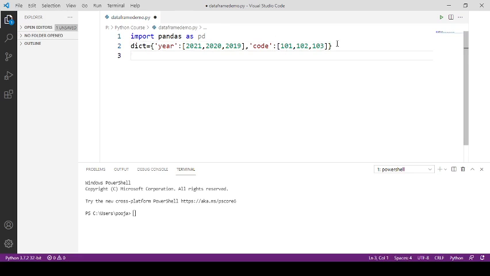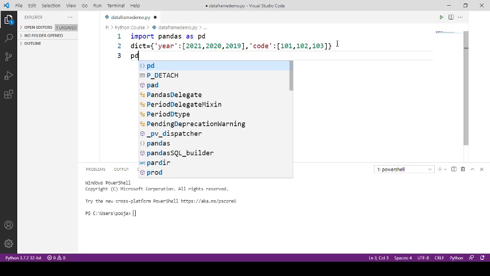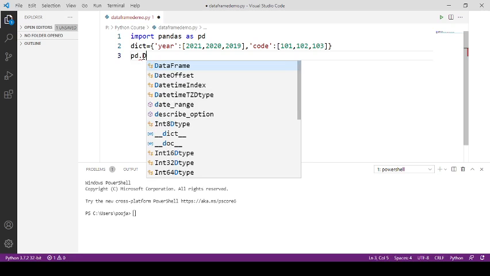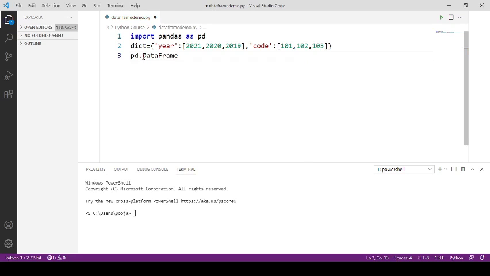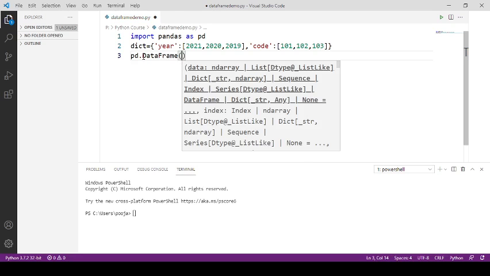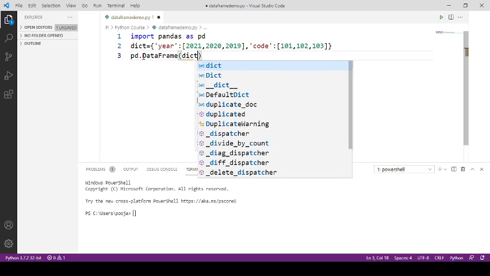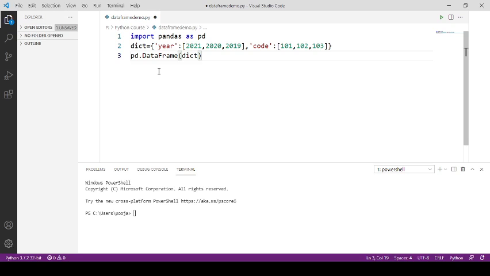Now to create a data frame from this dictionary, you need to write pd, where pd is the name for Pandas, then a dot, and then you need to use the function DataFrame, and inside the parentheses you need to pass the dictionary. Here the dictionary name is dict. Now it is going to return a data frame, so you can assign it to some variable.